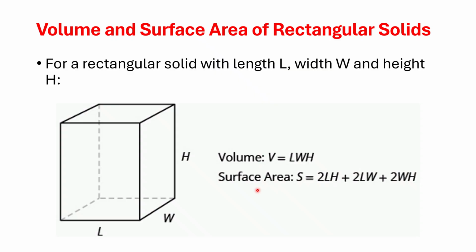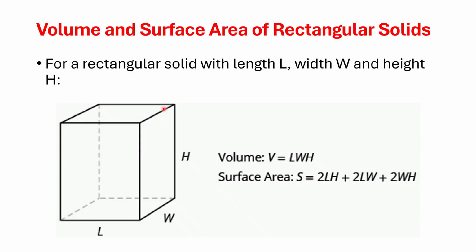And for the surface area, as you can see here, there are 6 surface areas. We have the bottom and the top, we have the right and the left, we have the front and back, so a total of 6 sides. So the surface area is simply the sum of all those areas. Top and bottom we have 2, left and right another 2, 4, then front and back another 2, 6.